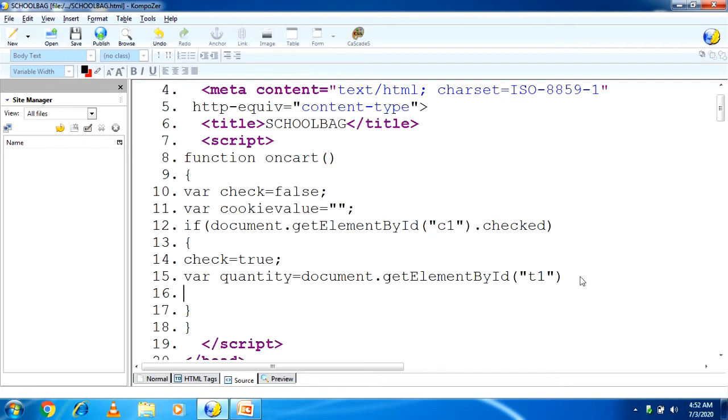Now variable price equal to 500, that is the first bag price. And the second variable I am taking: variable total equal to price into quantity.